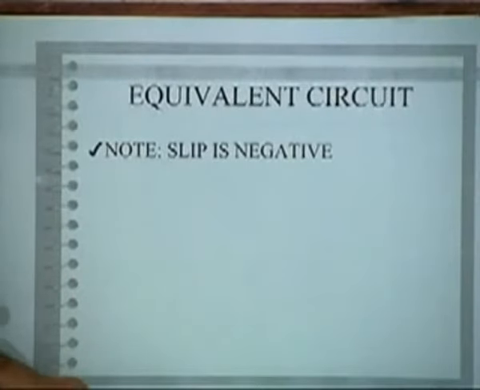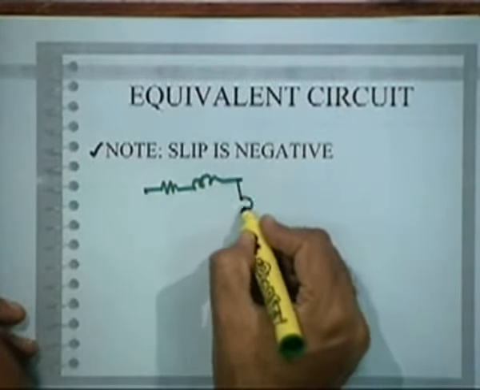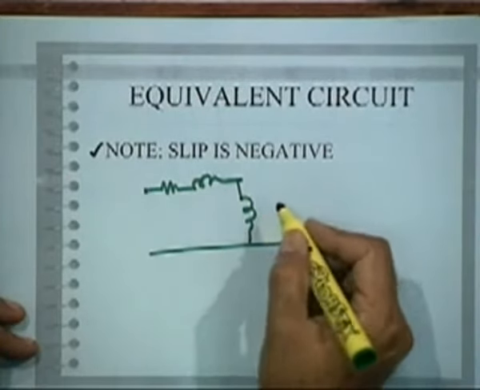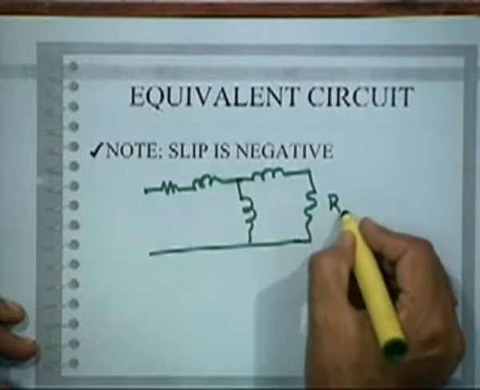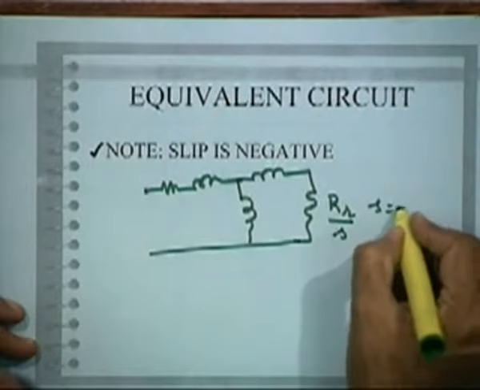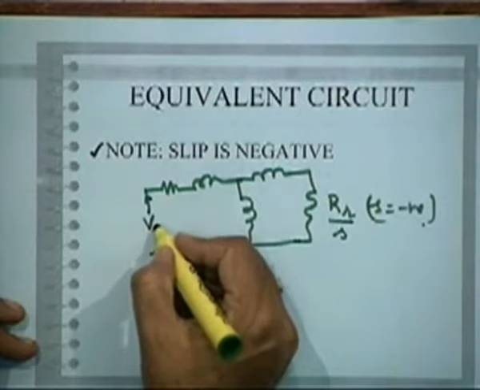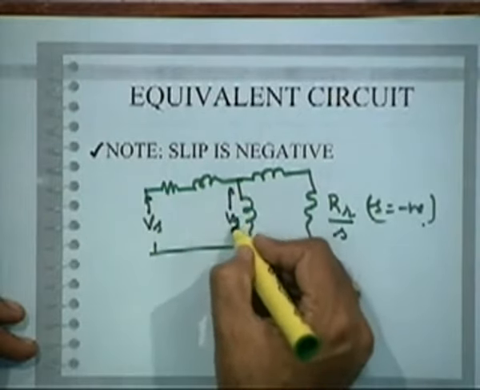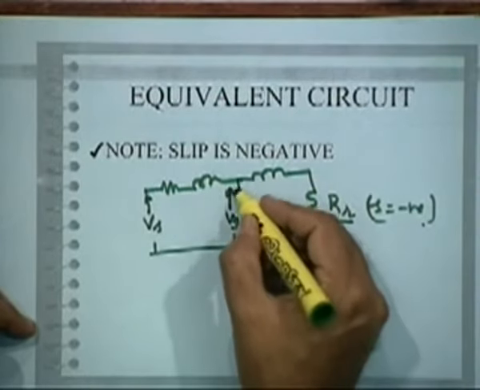Okay. Now an induction machine, what is the difference between motor and generator? The slip becomes negative. You see, when slip is negative, your equivalent circuit is simple. We can neglect the core loss for simplicity. So it is RR by S, where S is negative, right? All other, this is Vs, this is Vg, and actually this will be Im.